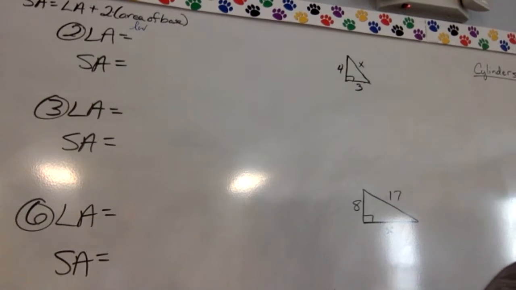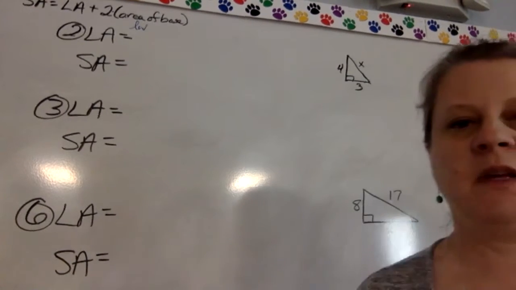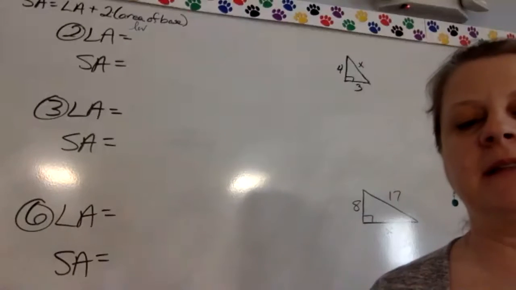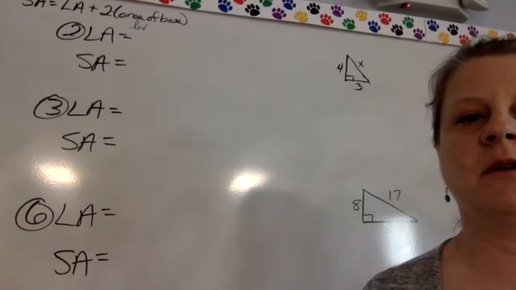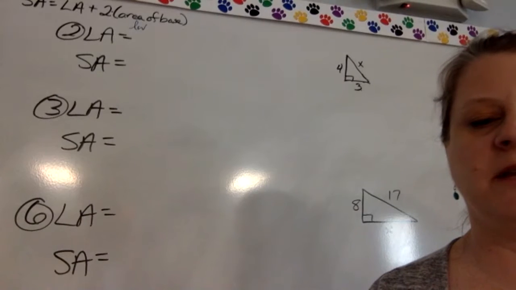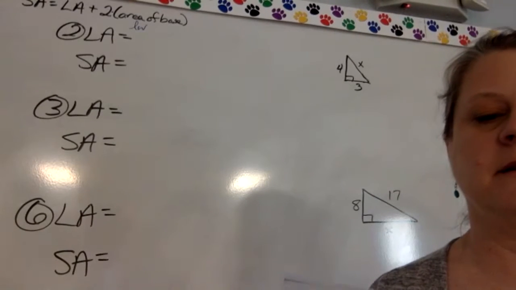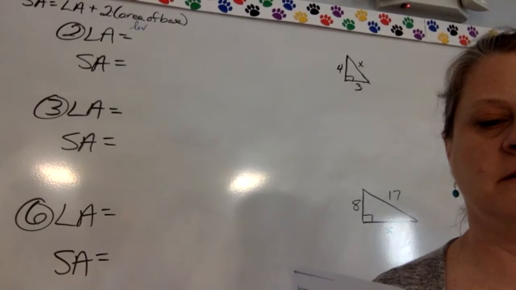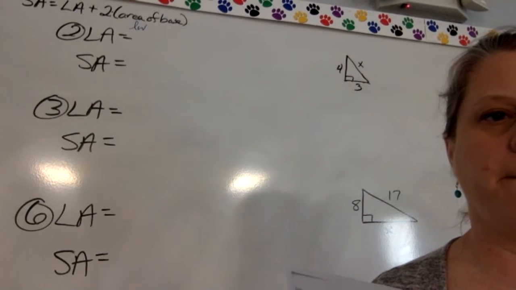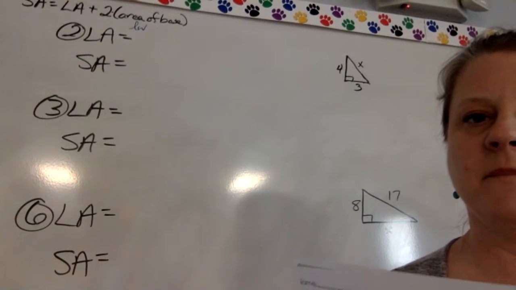Nope. Because the perimeter of the base is 18, but then you had to multiply by 2. So your lateral area should have been 36. And then your surface area would be what? 36 plus